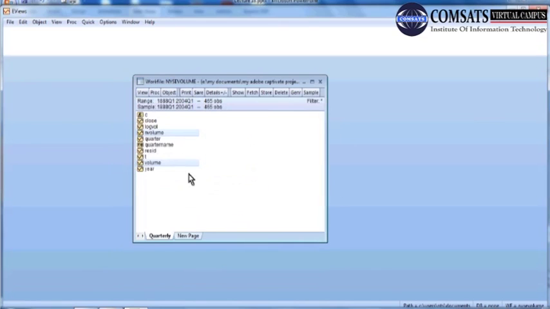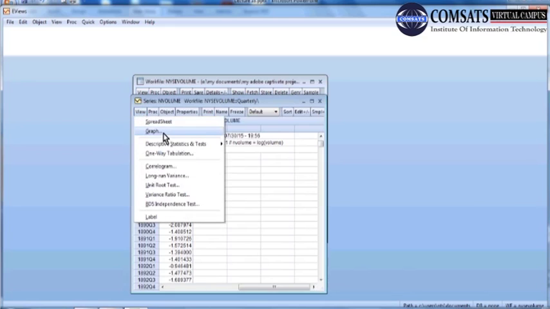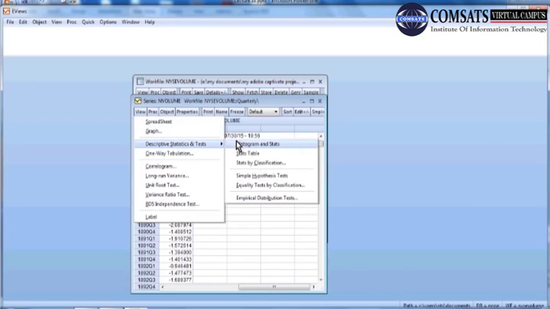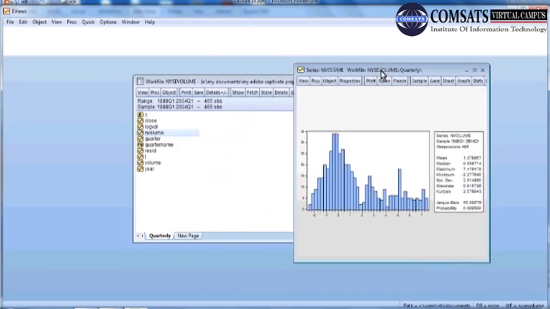Suppose here I want to show you the diagram of this view, the descriptive stats and histogram, and you see how different it is from the previous graph. This is the new graph.